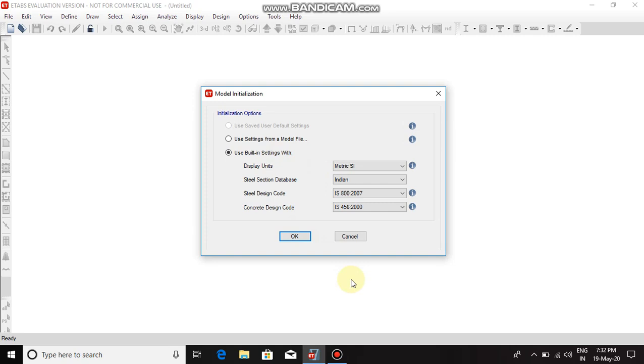Here, select the usual option, that is metric SI for display unit, Indian for steel section database, and IS 800 2007 for steel design code, and IS 456 2000 for concrete design code. Click on OK.